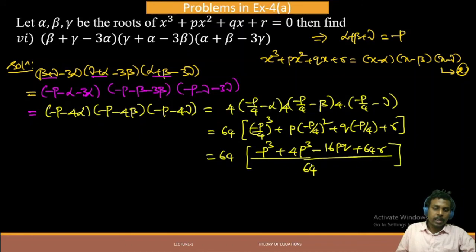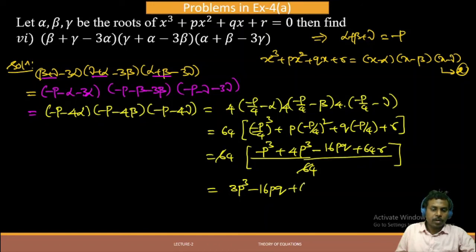Now I can cancel out these two. Then I am left with 3p cube minus 16pq